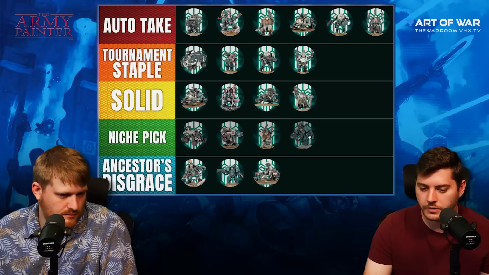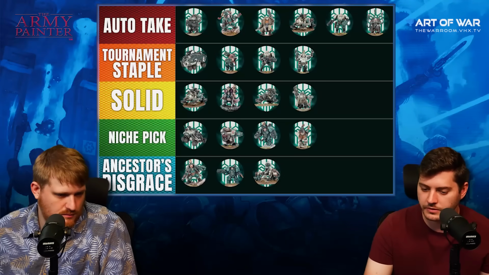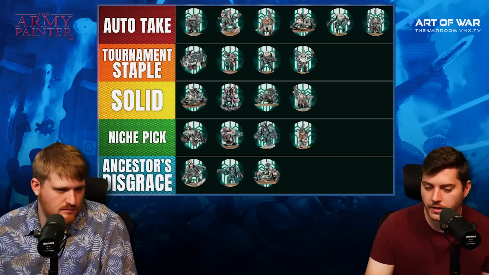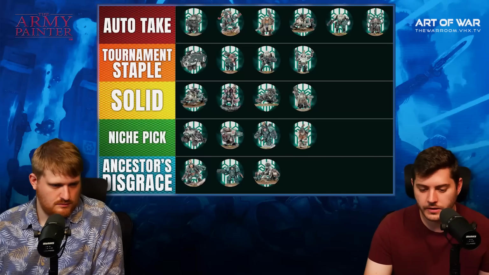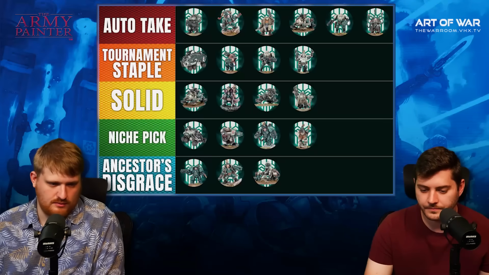Then I would probably put the Einhyr Champion, because Charge Mortals is a very valuable thing, and he can have some good enhancements in the combat detachments. And then I would put the Grimnyr last. And then in the Disgrace section, Hearthguard definitely are the best out of these. For sure. And the Kahl can...